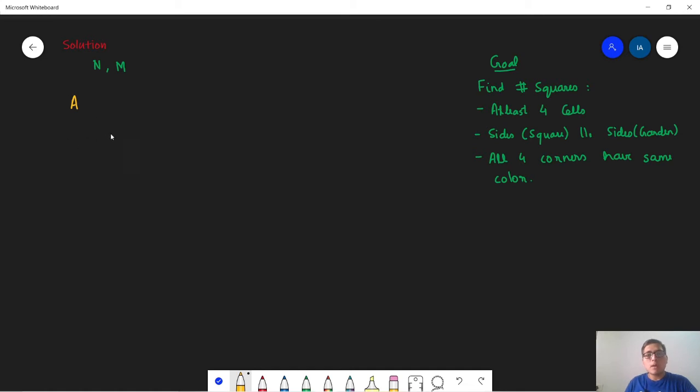So now to solve this problem, let us come up with a brute force solution. Let us say that we are at a cell i, j. The brute force is that we consider all the possible squares from this location i, j. Now we have the 3 conditions. The second condition states that the sides of the square should be parallel to the sides of the garden. This means that we are only allowed to move horizontally or vertically. Next, the condition is that it should contain at least 4 cells, which means that the length of the square that we consider should be at least 1.